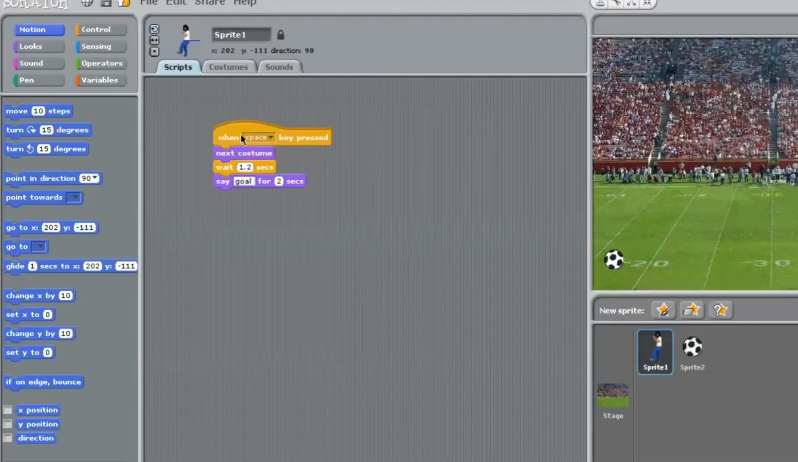If you want, you can change the background or you can add more sprites or you can change the sprite one. So there's many things, but the coding is same and you can change the sprite, the color,